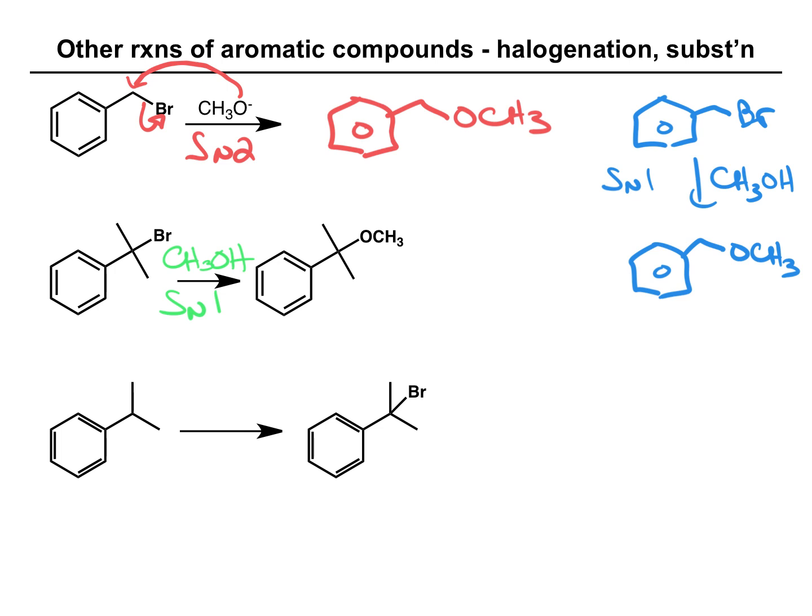And another example, if we have isopropyl benzene and we want to substitute a bromine at this position, what are we trying to do here? We have a hydrogen and we want to replace it with a bromine. We're not talking about a nucleophilic substitution. We are trying to replace a hydrogen. So think about radical reactions. What we want to do is generate bromine radicals,